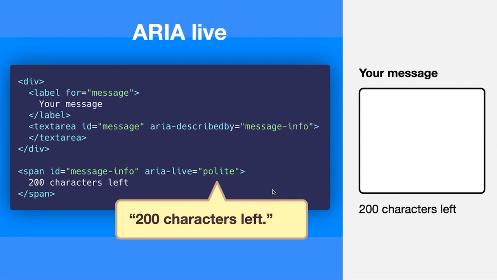But when they stop for a minute, when they take a pause, ARIA Live means the browser will go, all right, let me look at this text. Oh, it says 160 characters left, and it will speak that out to them. So this is a really useful way to give someone auditory feedback on a control, even when they have no other way of perceiving it, and actually not getting in their way. It only bugs them when there's a gap in what they're doing. So it's super handy for that.